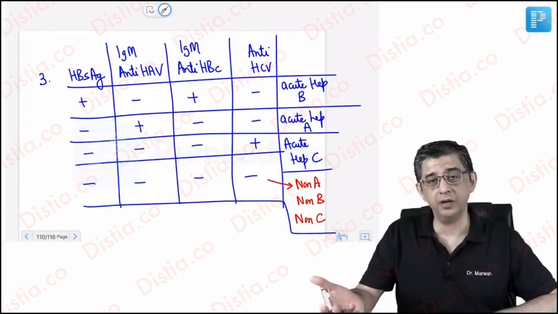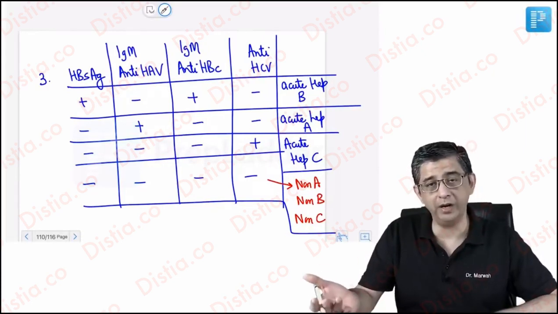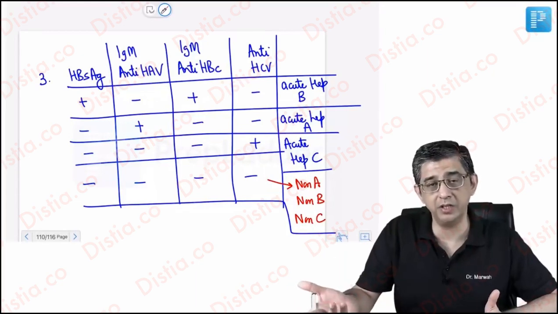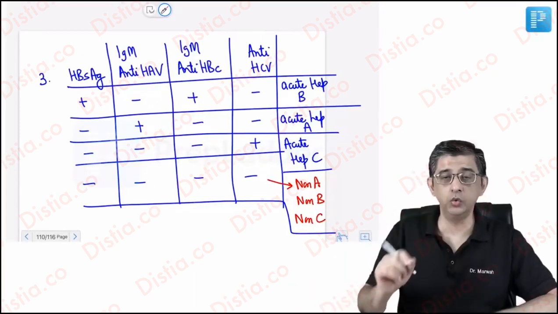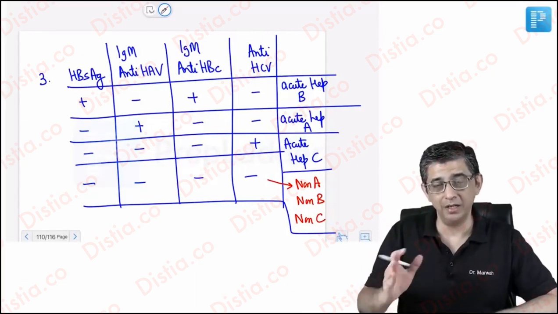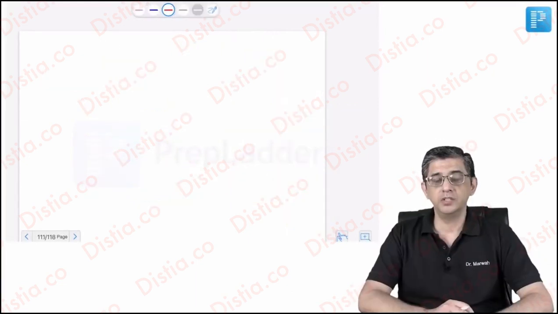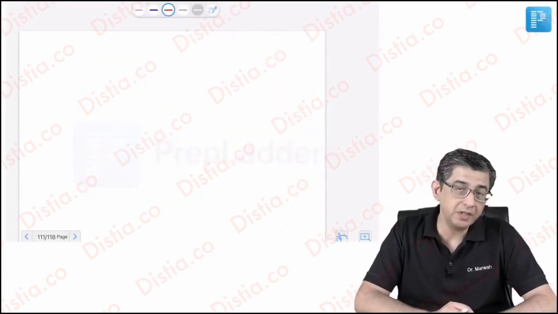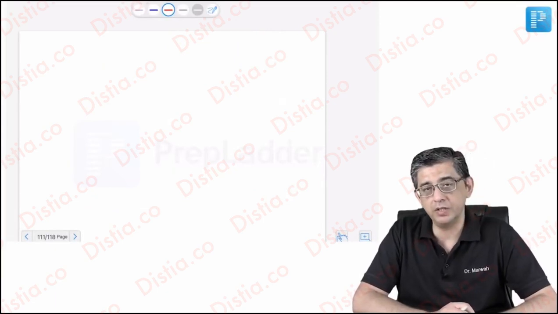And if the majority of them, in fact all of them, are turning out to be negative, then it could be hepatitis E in the patient as well. And the number one cause of acute viral hepatitis in India is hepatitis E. Now, considering the fact that my patient has surface antigen positive as well as IgM class of antibody to the core antigen positive,